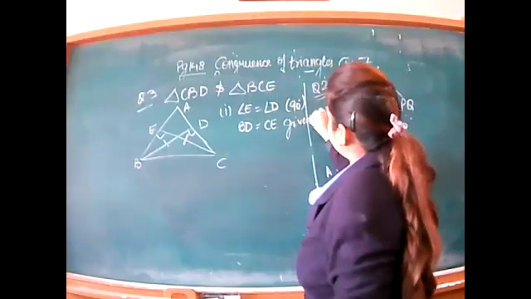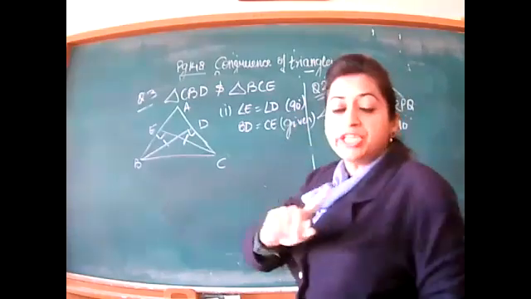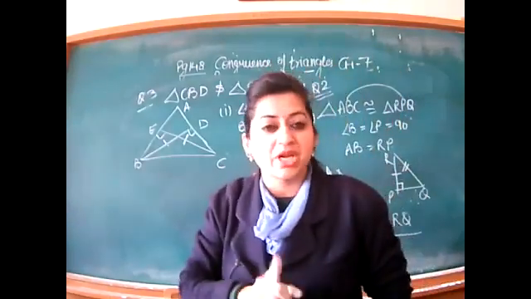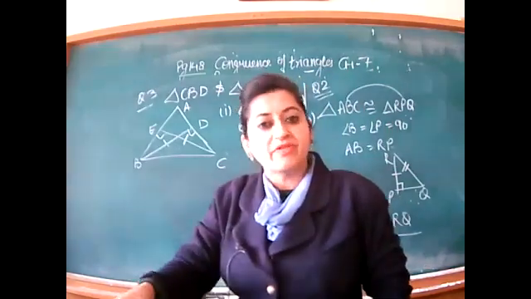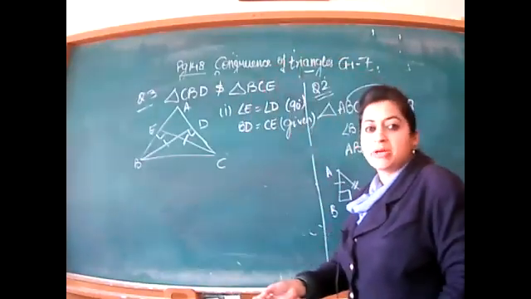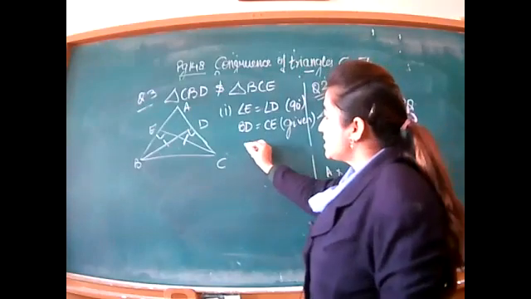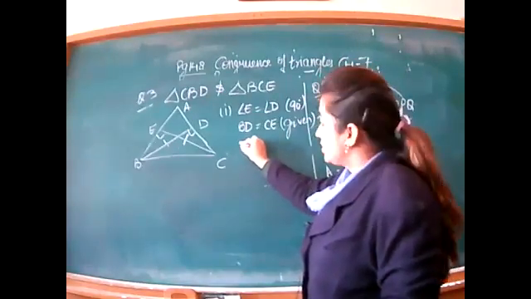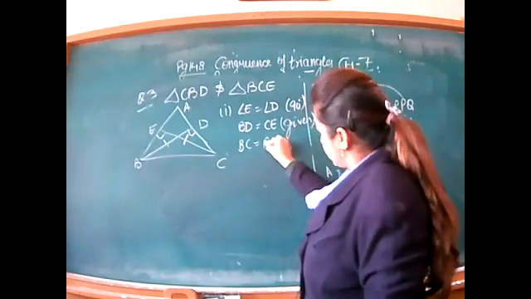We will write given, it is given. And altitudes are not always equal. It is given that they are equal, otherwise they are not equal. They may or may not be, but not compulsory. Yes. BC is equal to BC, common.